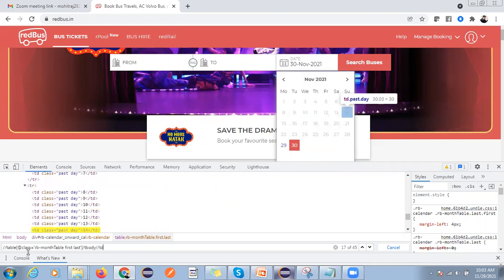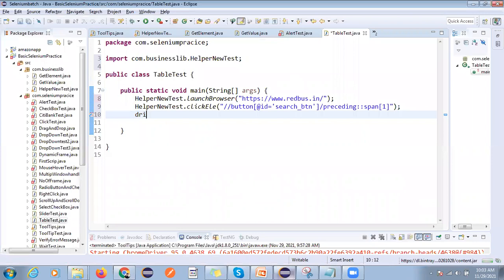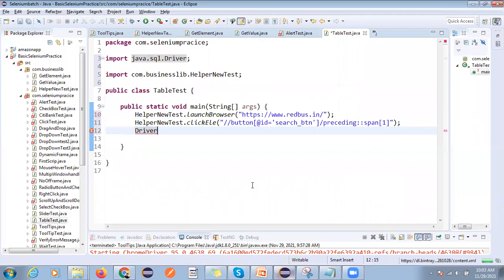So here we will use the same, right? Driver dot. Okay, so I will extend this class, because if I do not extend, then what happens, we have to use another driver. It will not point at driver.